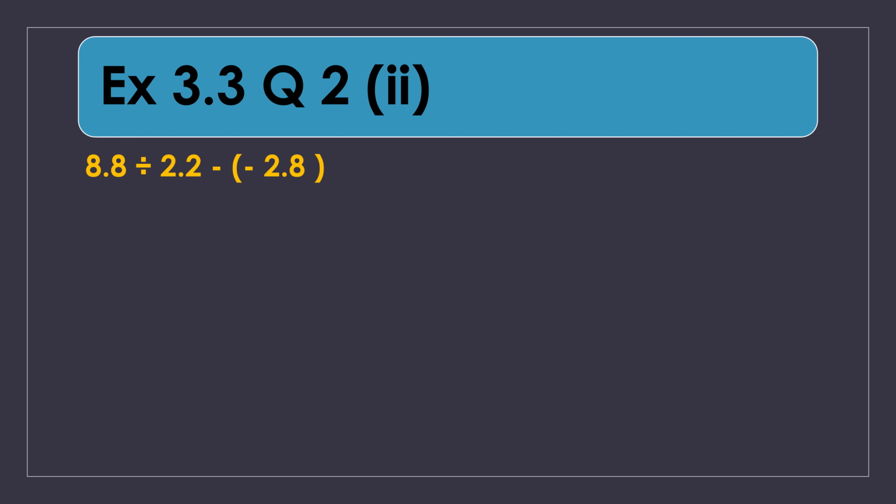This is exercise 3.3, question number 2, part 2 of your textbook. First of all, we will solve these two signs, as negative and negative make positive. So our question is 8.8 divided by 2.2 plus 2.8. According to the DMS rule, we will divide first. As you have already studied in class 5, we have to first remove the decimal by multiplying each number by